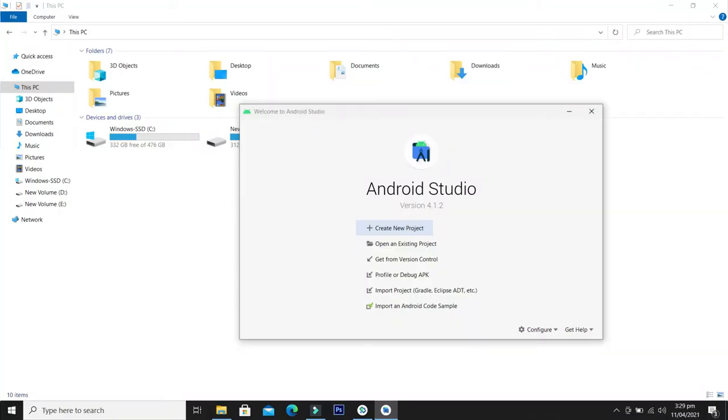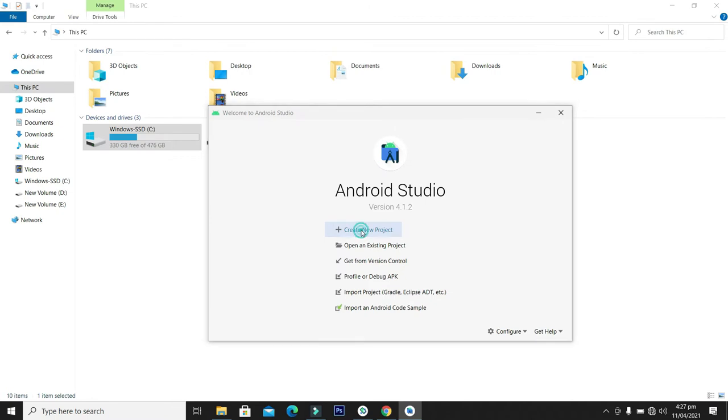As we discussed, we are going to make a local bound service which is private and local to only the containing application. Now we will make some components which will create connections with that service, bind with it, and interact with that service to get some data. So without wasting any time, let's start the session.